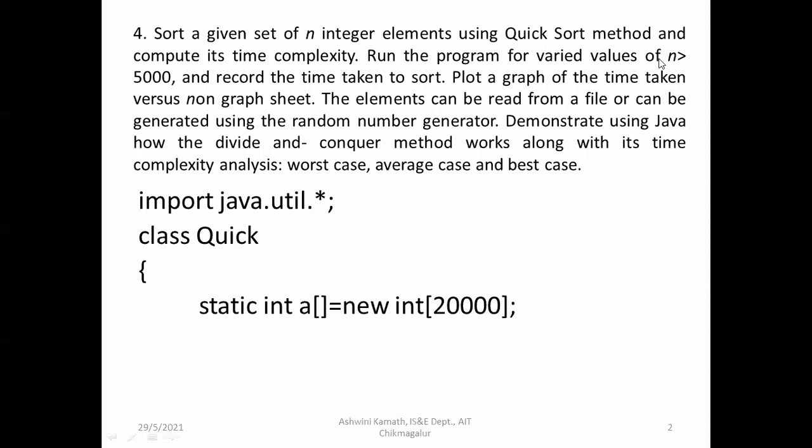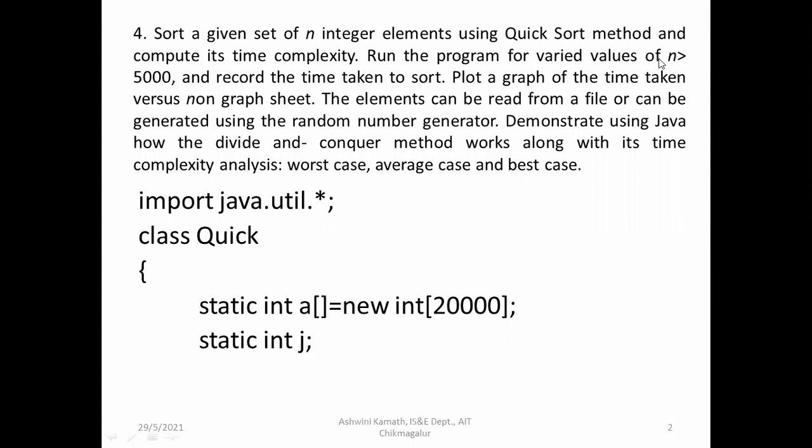That is what type of element? Integer type. So here we have to specify int a with square bracket, it will create a reference to the array, but it will not allocate the memory. To allocate the memory, we have to use the new operator. Then we have to specify what type of elements we want to store, that is int here. And then we have to specify for how many elements we have to allocate the memory.